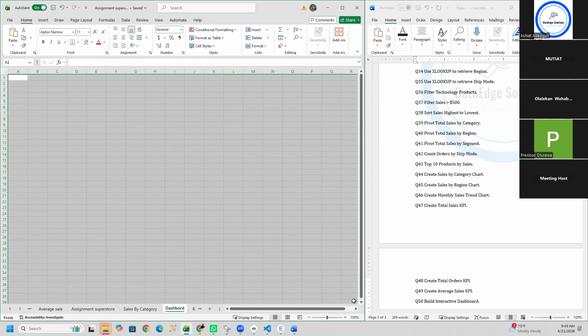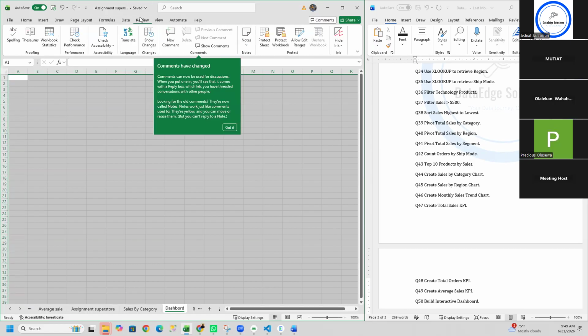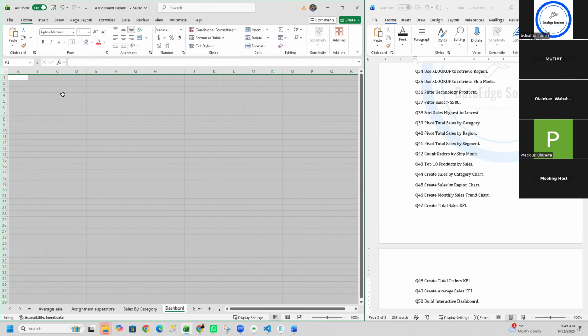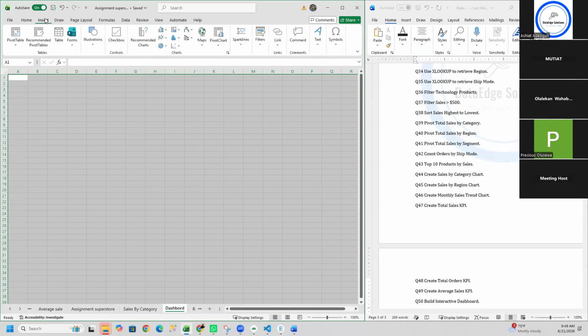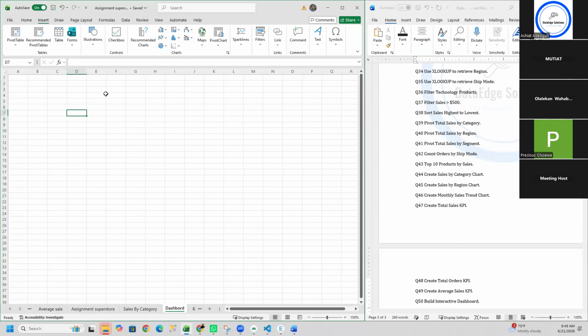Let's stop here. I want to remove the grid first, or I can do that after. Okay, let me start with KPI first, and I'll remove the grid after that. So when you want to start with KPIs, you first